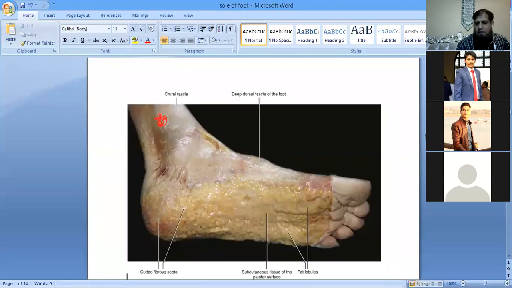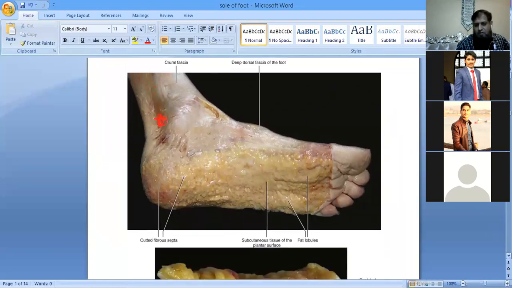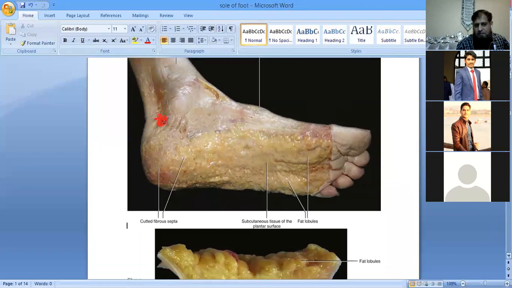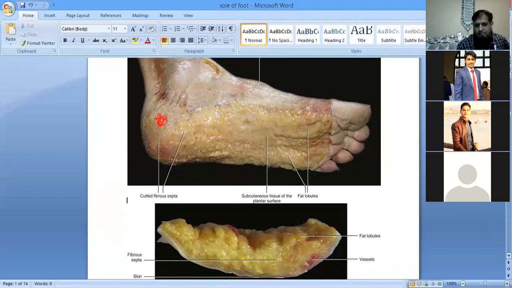After the skin, we'll come across the superficial fascia. And as you know, the superficial fascia consists of what? The subcutaneous tissue, the loose areolar substance, and mostly, what is its content? Fat. Here you can see the fat in the superficial fascia. Over here, as you can see, we have removed the skin, and now we are coming across this structure called the superficial fascia, the subcutaneous tissue, which is laden with fat, right?